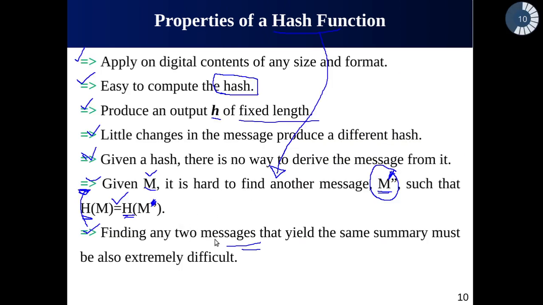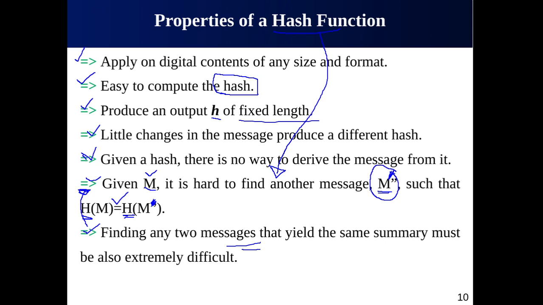So, the difference between these last two properties: weak collision resistance is bound to a particular input, whereas strong collision resistance applies to any two arbitrary inputs. As the name implies, it is more difficult to achieve strong collision resistance. Weak collision resistance is a bit simpler as compared to strong collision resistance, because strong collision resistance